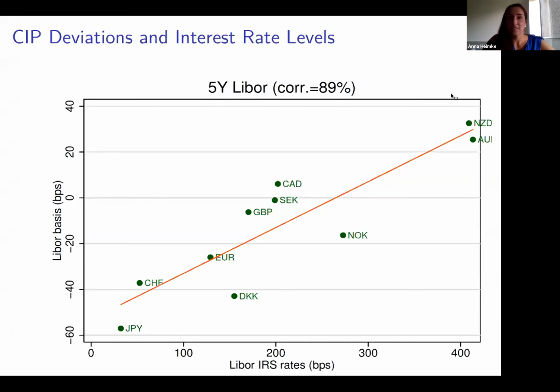Okay. The next question is again by Sun Young Kim. It seems to me that the CIP deviations are tied to the fact that banks are marginal in FX markets. If this were to change, for instance, due to financial innovation, such that the marginal investor shifts to more retail style investors, like algorithmic traders, would we expect these CIP deviations to disappear over time? Essentially, banking regulations are unlikely to matter for these kinds of investors.